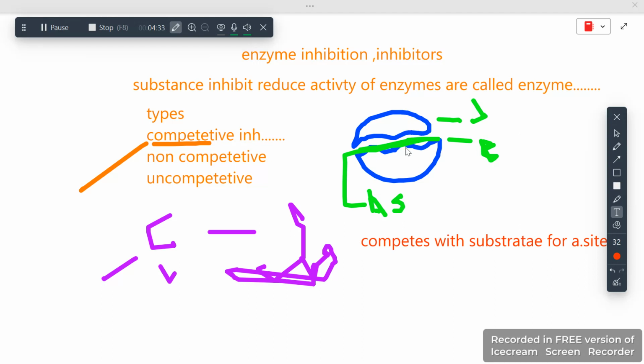As I just told you, the part where they got attached is the active site. So there is a competition between where the substrate will be attached or the competitor would be attached. The examples are metronate, we're not supposed to discuss these, and another would be sulfonite,